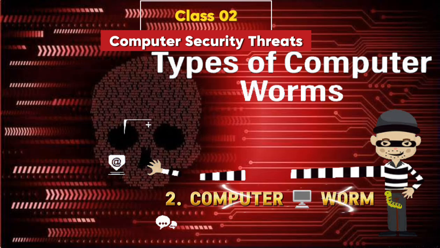This is the one which self-manipulates. If a computer has a computer worm, it will self-regenerate, self-transfer, or self-connect with other computers and transfer itself to the other computer. So that's the computer worm kind of software, which keeps on processing and keeps on transferring from one computer in a network to the second computer.